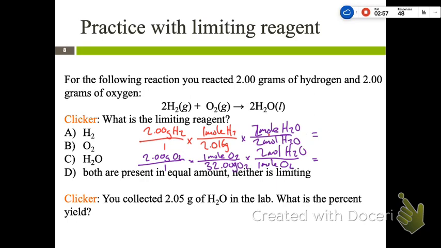There's about 6 different ways to answer this question. What we're going to find is that all of them are going to say that we're going to run out of O2 first. Because our yield of water is going to be less if we look at it this way. We also don't have that 2-to-1 ratio we need, so we're going to run out of O2. So I'd advise to do the math and work through this.